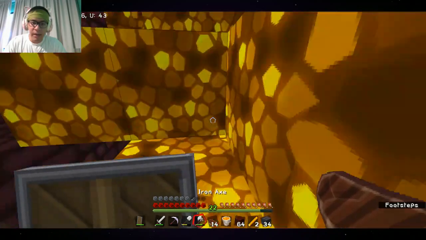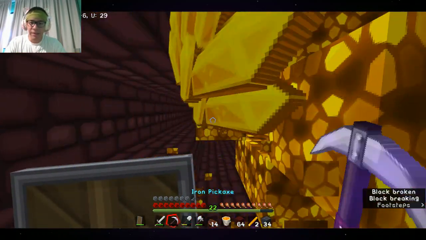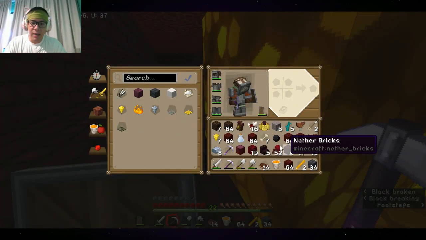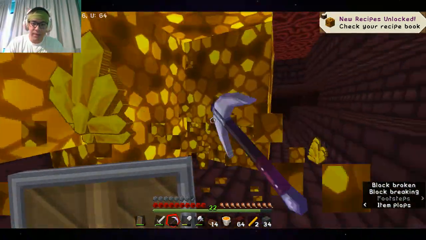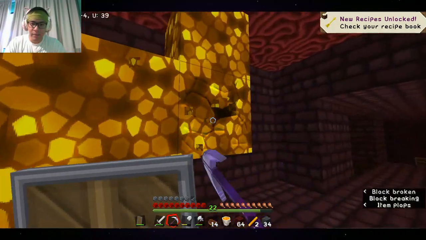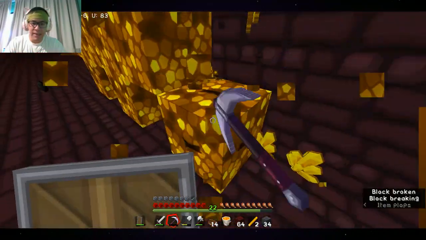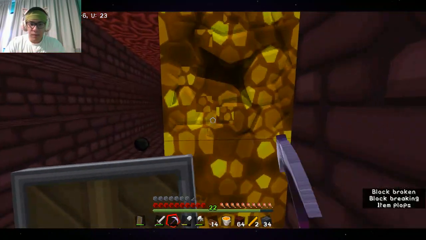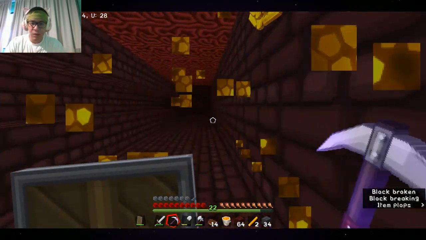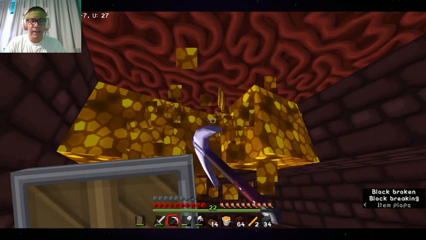I might also want to pick up some glowstone, because glowstone dust is kind of a killer reagent. It's glowstone dust that basically gets your... what's it called? It upgrades, it ups the...